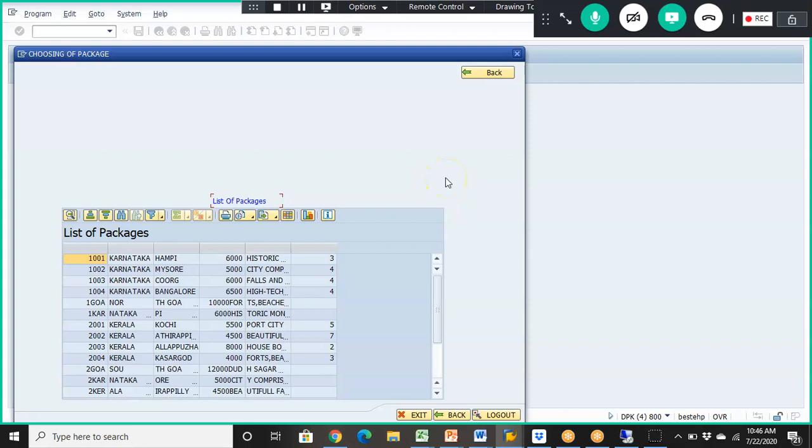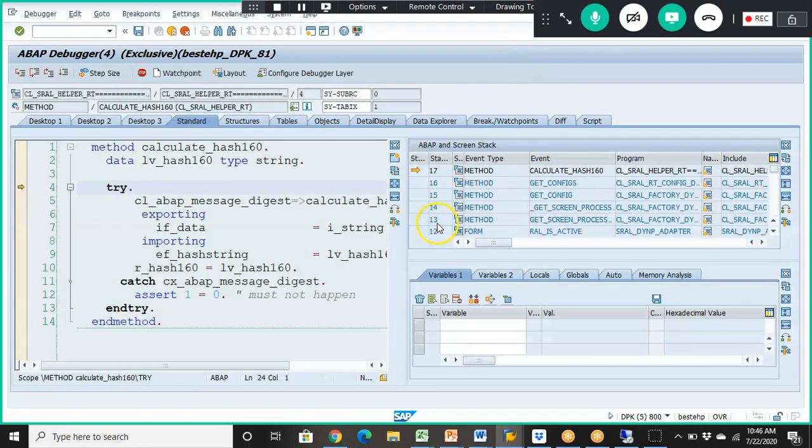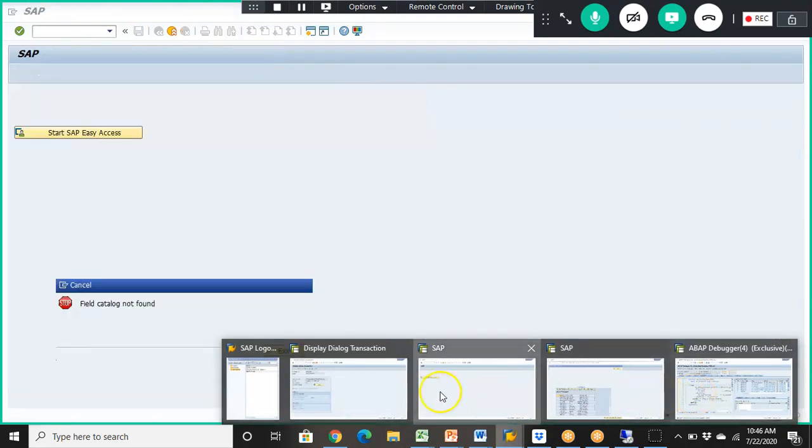Data is coming when we are processing normally, when I'm executing it. But when we are calling through the screen, the transaction code, it's not coming. I guess there is some issue with the transaction code. Let me see the transaction code.